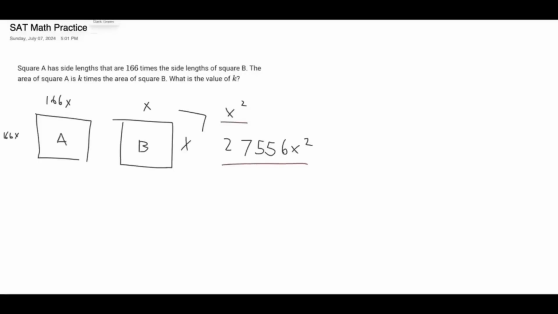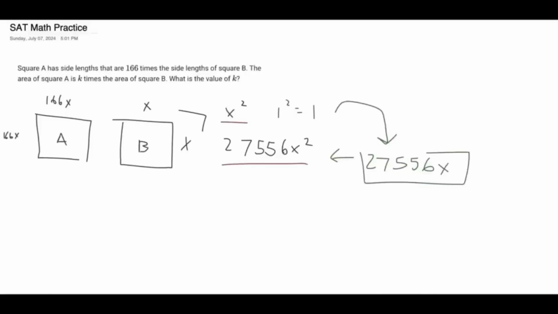So how can we compare? Well, we can just plug in a random value for x. So let's say the side length of B was 1, right? So then we would get 1 squared. 1 squared is just 1. And then since 1 squared is 1, then we know for the bottom part, this is just equivalent to 27,556. We can clearly see the relationship here that the area of square A is